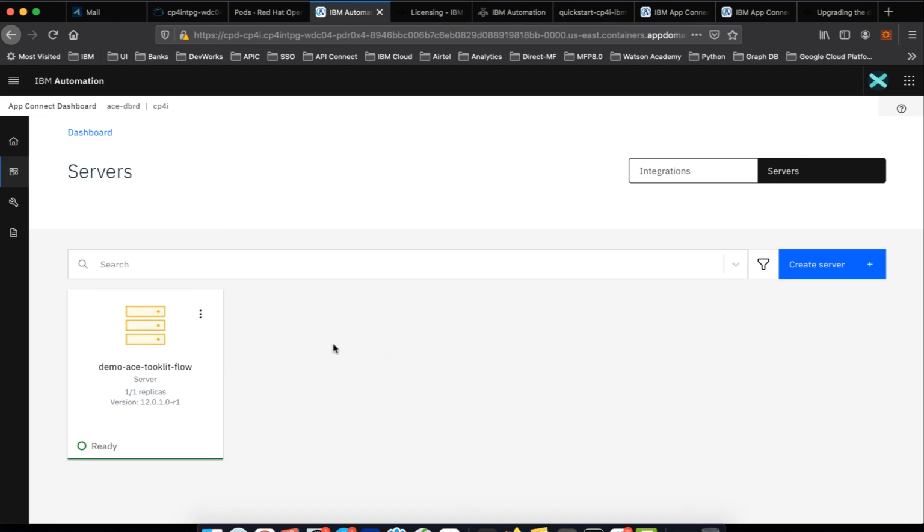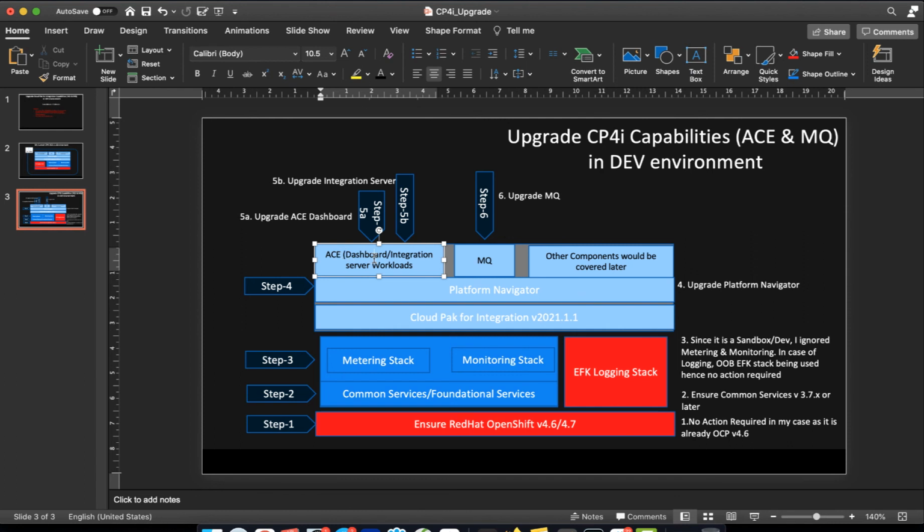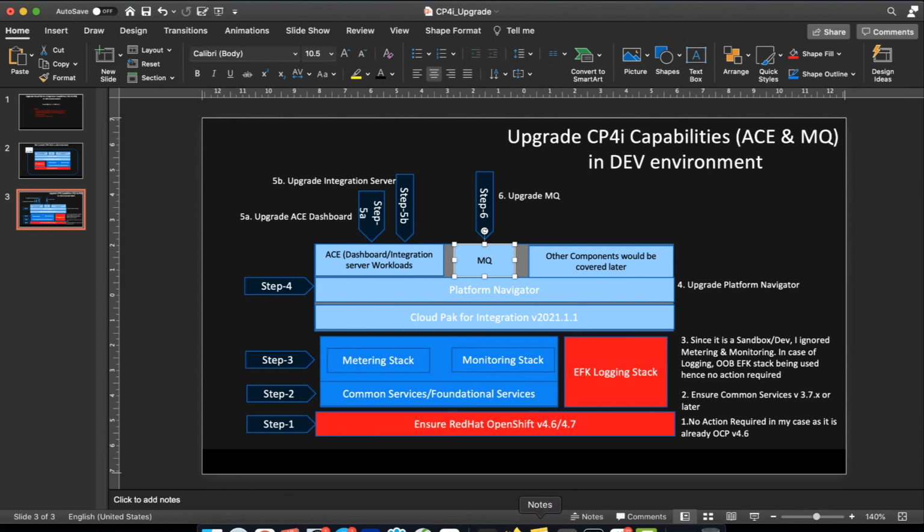So what we have seen is the easiest seamless way and the consistent way of upgrading it. Isn't that cool? So this is the way we can achieve upgradation of ACE dashboard, integration workloads and designers, right? Let's see how we can go for MQ. Though there is not much changes in this particular version, maybe we can see, can we upgrade the operator to new version, and will that open up the room for us to open up the MQ version also.